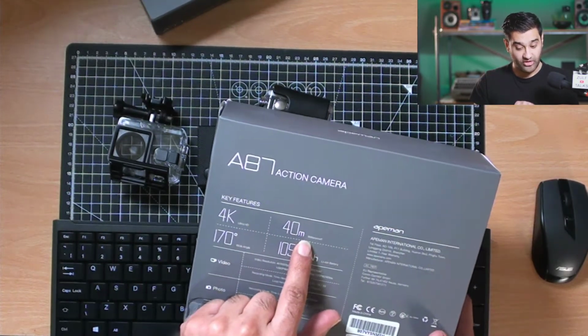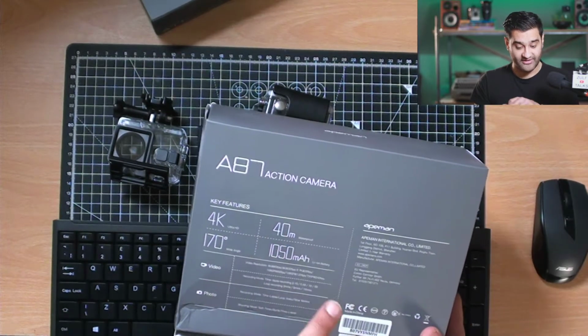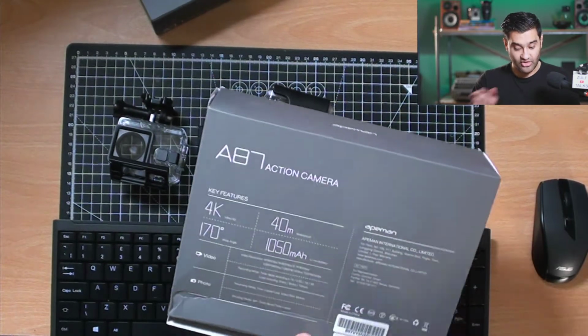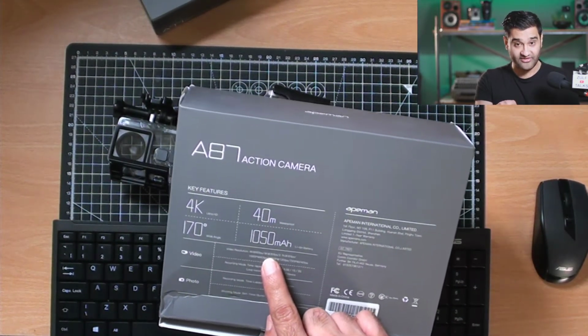It also is 40 meters waterproof. So if you decide to go swimming or to the beach or anywhere, you'll know you're safe for that distance. It's got a wide angle, and it's a decent battery. You can also record on there in different frame rates. So you can record, if you don't have a fast computer,